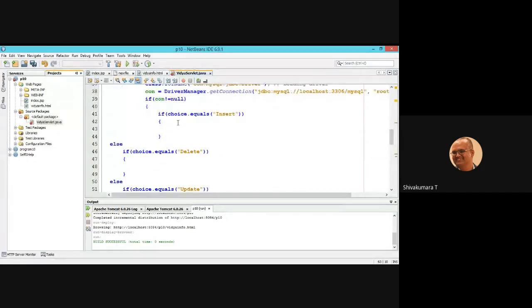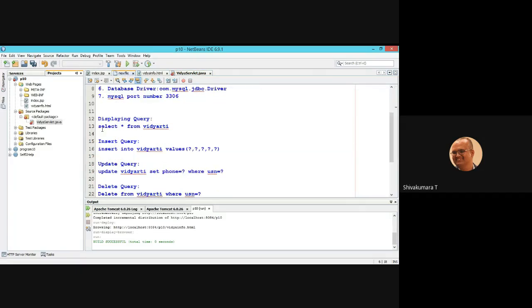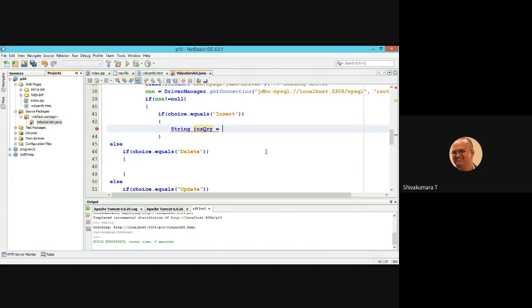Now let us go with insertion. First create the query for insertion. String QINS, the query. For the insertion query, we already wrote it here, right? What is the insertion query? Insert into Vidyarthi values, question marks. Put it under a string.